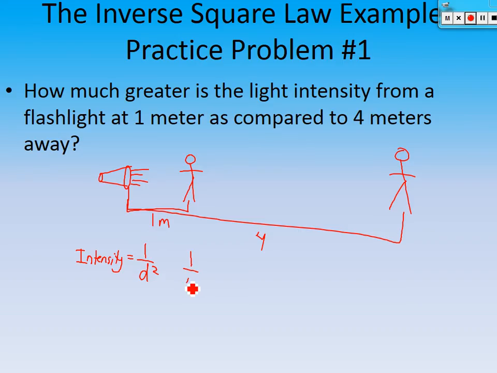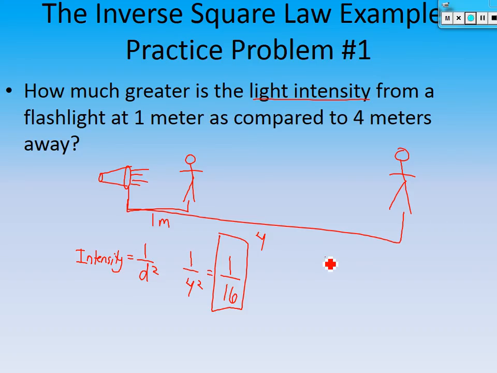So 1 over 4 squared is equal to what? 1/16. So because you made a proportion out of it, this is 1/16 what? Of the original light intensity, right? So intensity is equal to that. So back here, this guy is going to be